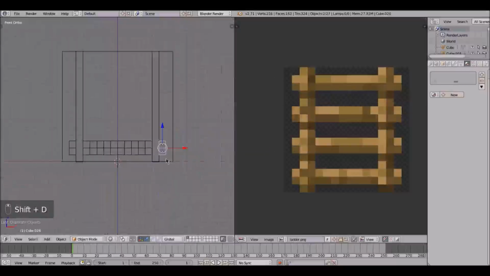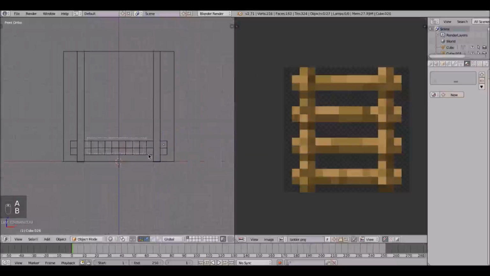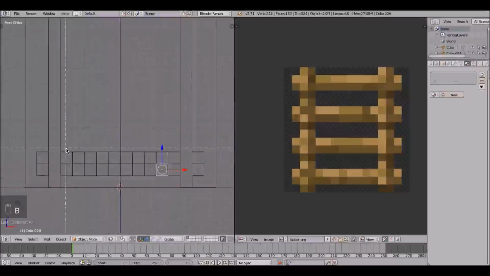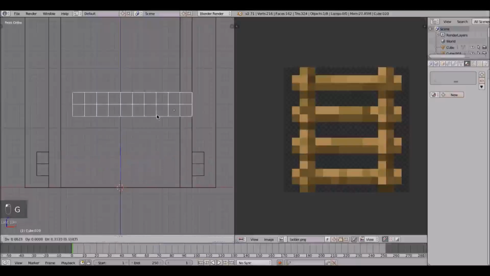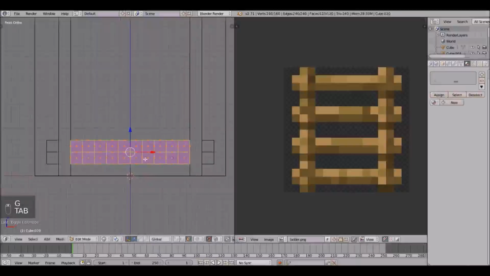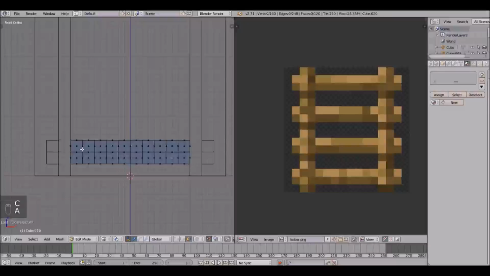And now I'm going to select all these, so B and click and drag. Select them all, Control J. And there we go. Now it's all one object. Now when we hit tab, it'll go into edit mode for all the faces. So we'll unselect all of them. Just select these,